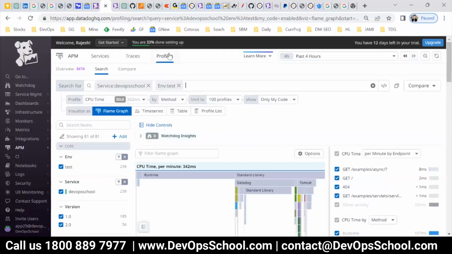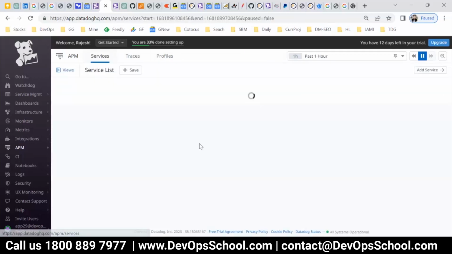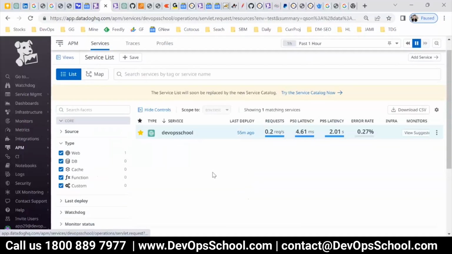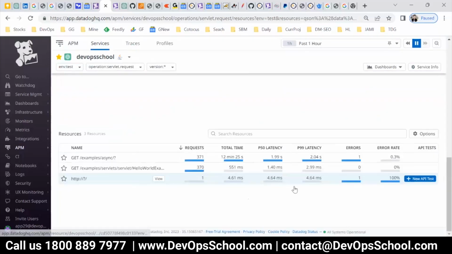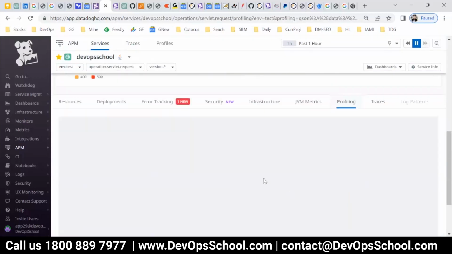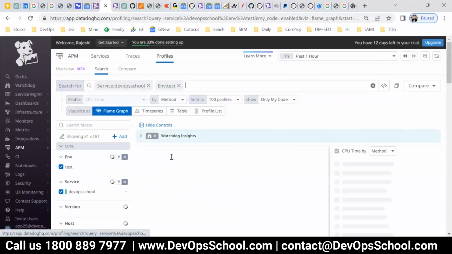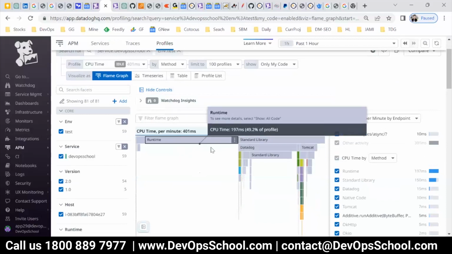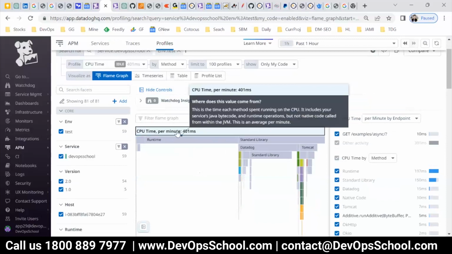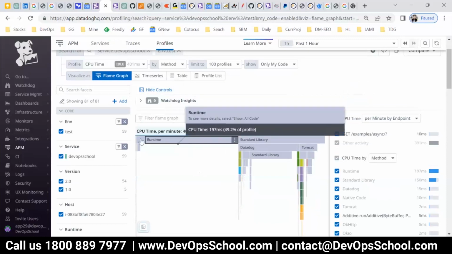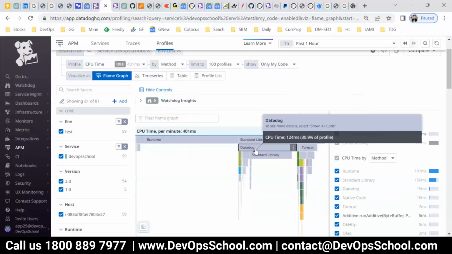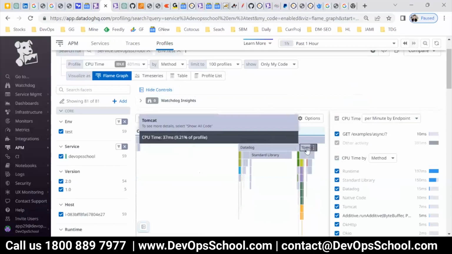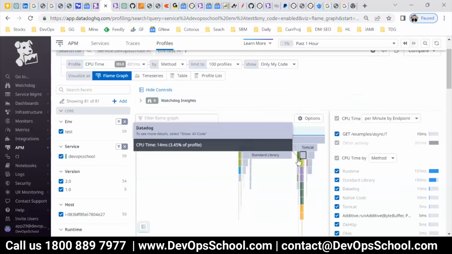Yeah. Now these are the profiles. The same profile has come from here. So if you see continuous profiling, here in this profiling, the same data you can see in the full view. So if you're a Java developer, this will definitely help you, with very detailed JVM, jstack level information. So you see the runtime environment, how much CPU has been taken, and how much CPU Datadog has taken. Tomcat you are running, how much CPU has been taken. Inside Tomcat you are running many small utilities.